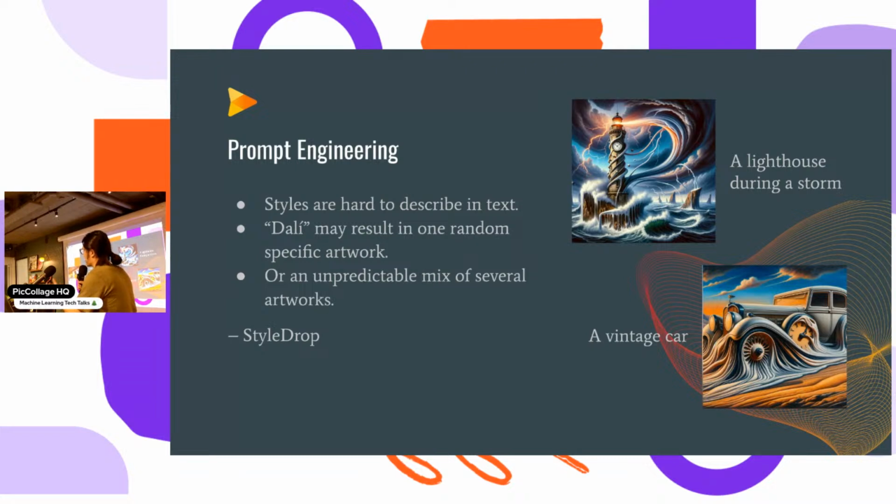In the result, you can find a hint of a lot of artworks, but it's still undesirable. We want a very specific style as in the style reference we provided. Yeah, so on the right, I use DALL-E 3 and ChatGPT-4 to generate some results using the same prompt. And we can see it's hard to capture the style feature from the system memory. We can still find a distortion, and we can even find the clock replacing the tire in the car. But it's hard to say it's authentic to The Persistence of Memory.